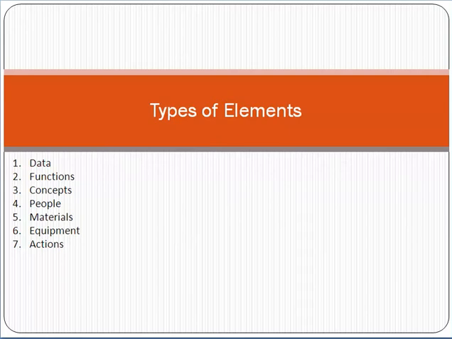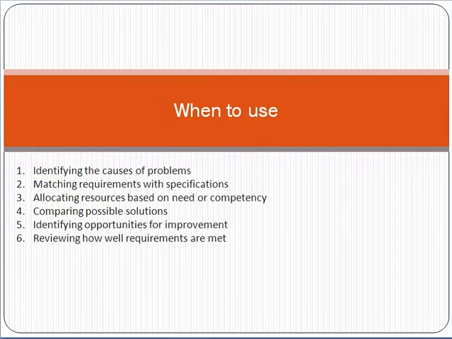However, basically you understand the concept of matrix diagram, why it is important and why should we use it. The purpose of the matrix diagram is that you have to identify different elements and factors of a project. You have to interlink them and identify the relationships among the factors, so that you can successfully complete or improve the quality of your project.